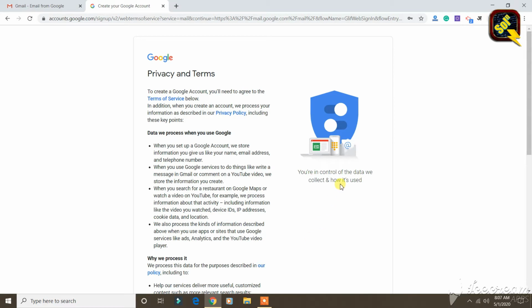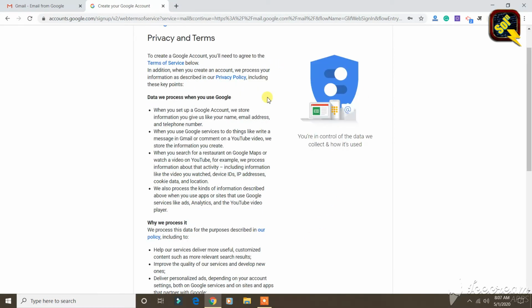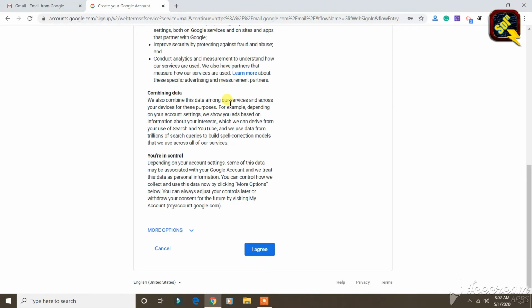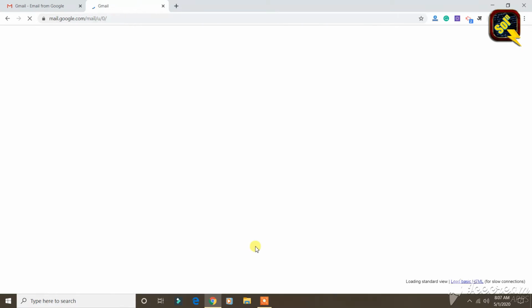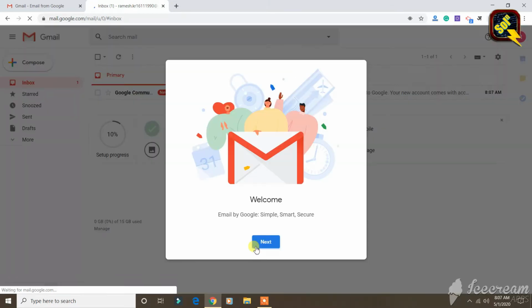Once you click on next, there will be an option for privacy and terms. You need to read all this information, and finally you need to click on I agree. Finally you will see the welcome email by Google, simple, smart, secure.